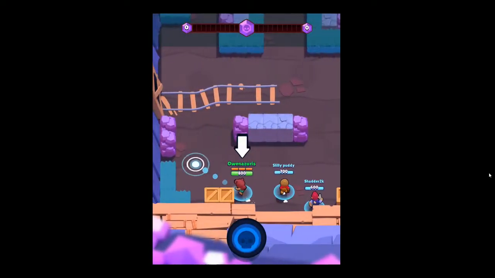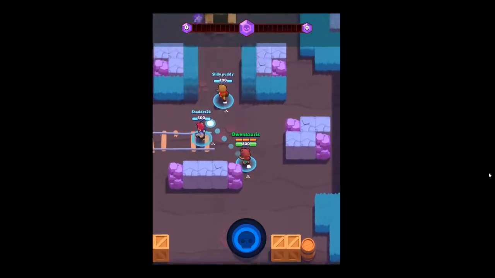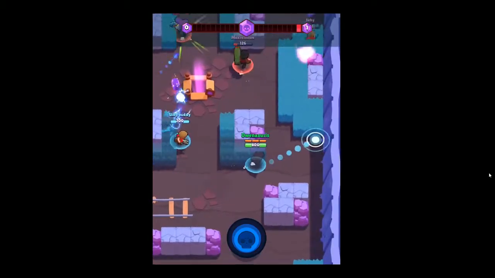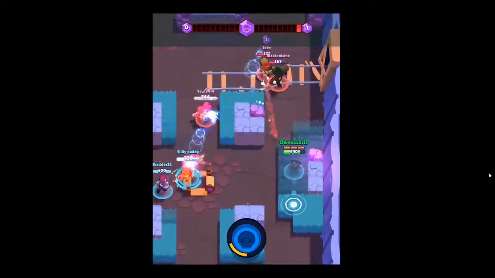Alright, so here's my team. We got Silly Putty with a $sign in her name, and Shader 2K. Alright. Now, if you disengage the enemy, you will slowly start gaining your health back. You notice...